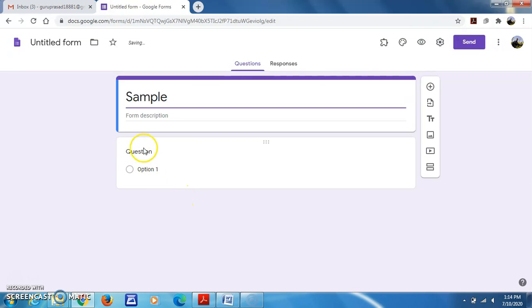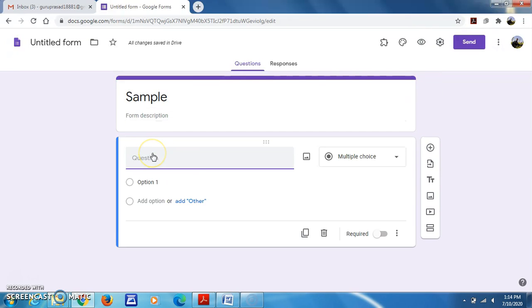Sample I am giving. You can type any kind of questions here. Maybe you are taking the details of the students and you want to do a survey or a feedback, whatever it is. For that you need to type questions also.